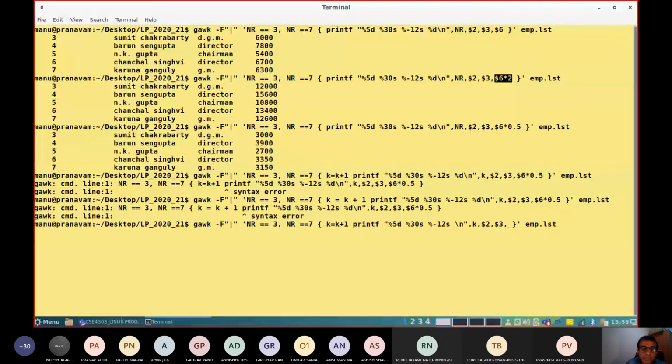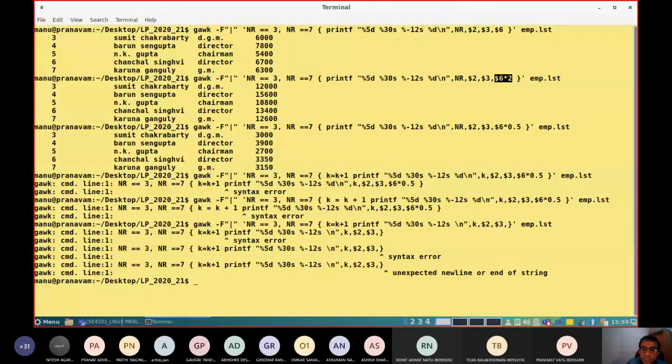Let me check whether it supports or not. Linux system. No, sorry, I will come back to you with this particular variable calculation part. It was not working there. Okay, this is about